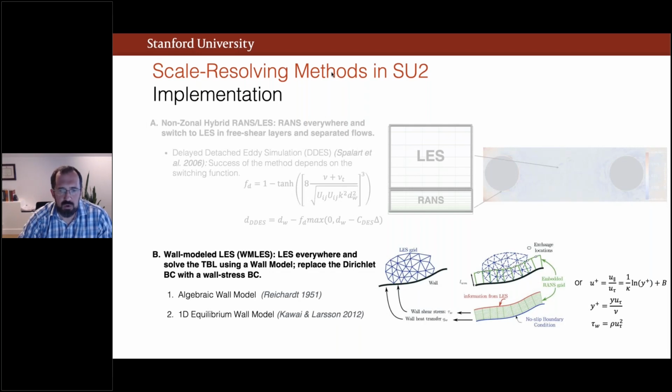However, as shown diagrammatically here, rather than using the under-resolved LES solution close to the wall, a second embedded grid is used to solve the thin boundary layer equations or a set of algebraic models to obtain the correct wall shear stress and heat flux. To do this, information from the LES at an off-wall location is used as a boundary condition for the embedded grid. Equations are then solved to obtain the wall shear stress and heat transfer, and those are fed back to the LES as an alternative boundary condition.